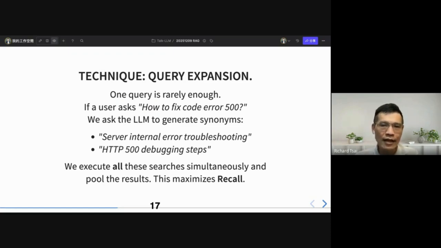If a user asks how to fix code error 500, we can ask the LLM to generate synonyms such as "server internal error troubleshooting" or "HTTP 500 debugging steps." We execute all these searches simultaneously and pool the results, and this maximizes recall.